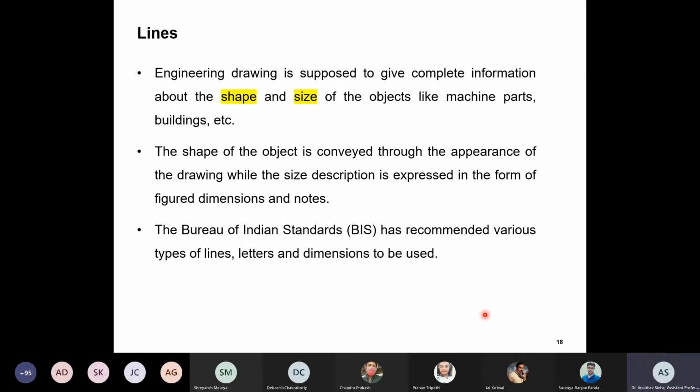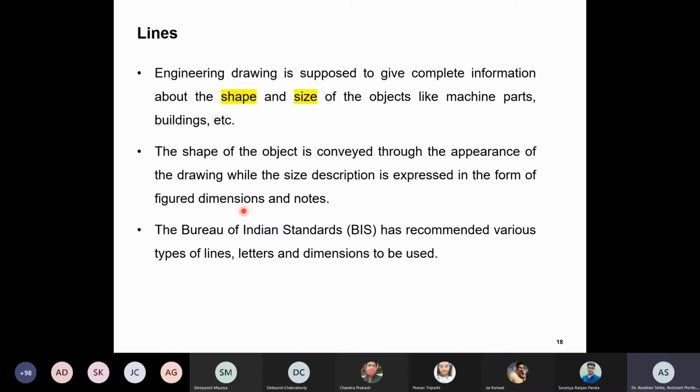Now let us go into detail on the different constituents of a drawing. First you need to know how to construct a line. As we go along, we'll see the different types of line, solid line, dotted line, and all that, and different types of pencils to be used for different types of line. But the basic idea is that you want to show the shape and size of the object, and dimensions. So the line should be clean, continuous, and clear. It should not be fudged or broken unnecessarily.